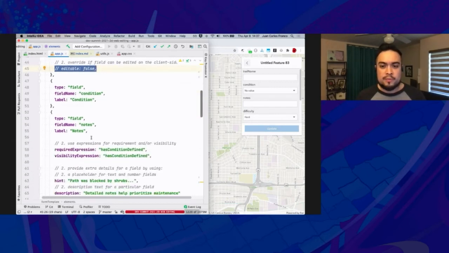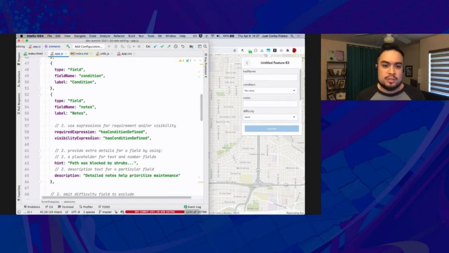For this next part, in terms of expressions, if you have Arcade expressions, you can define these and use them in a layer, and in an input. So in this case, for the notes field, I'm going to define expressions that determine whether this field is required and whether it's visible. The way I'm defining it is, when there is a condition defined, referring to the previous field, when it has a value I want to show and make this value required. So you can see in condition,